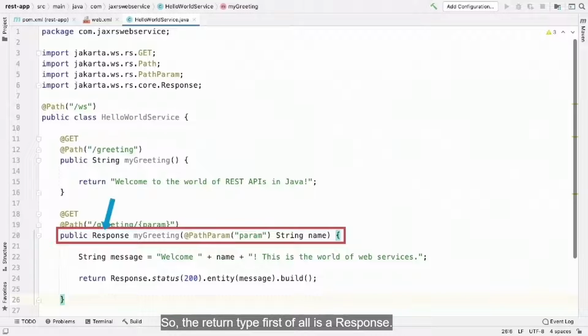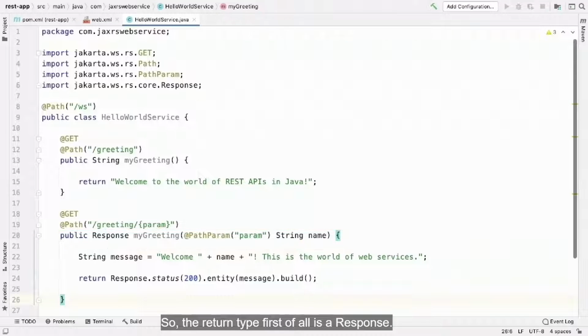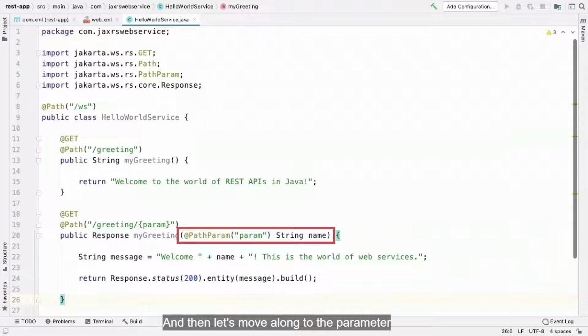So the return type first of all is a response, and then let's move along to the parameter, and we set this by making use of the path param annotation. This is the annotation which we use in order to extract parameters from the URL corresponding to the method, and we set the value of the path param to param, which is the same as the parameter which we specify in the URL.